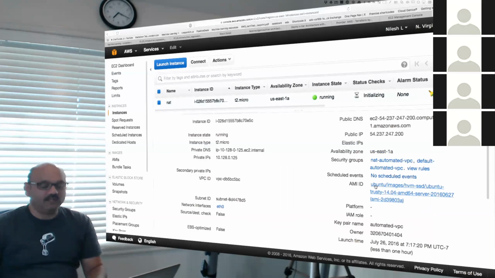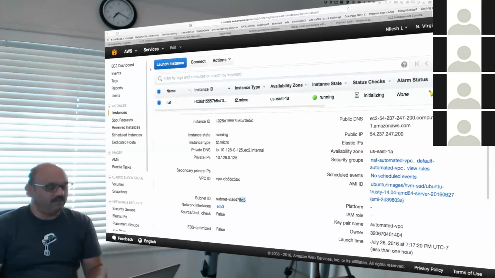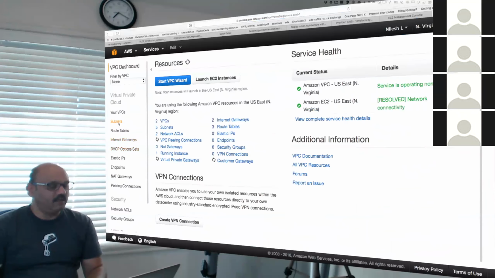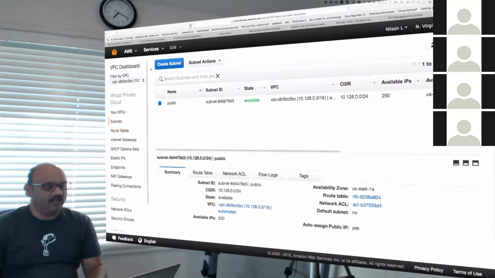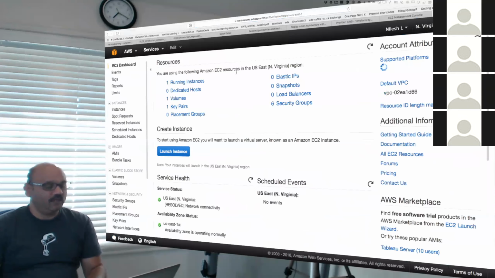We are using the Ubuntu AMI, the plain vanilla Ubuntu. This machine has a private IP. It is in the VPC 5 brother Charlie, which is the automated VPC. It has a public subnet. You can compare that this is the public subnet ID number that we created. You can see that if you go to the VPC section, you can see the subnets there already. And so you should be able to identify that we have a public subnet right now only, and that is the 8 Delta 5.